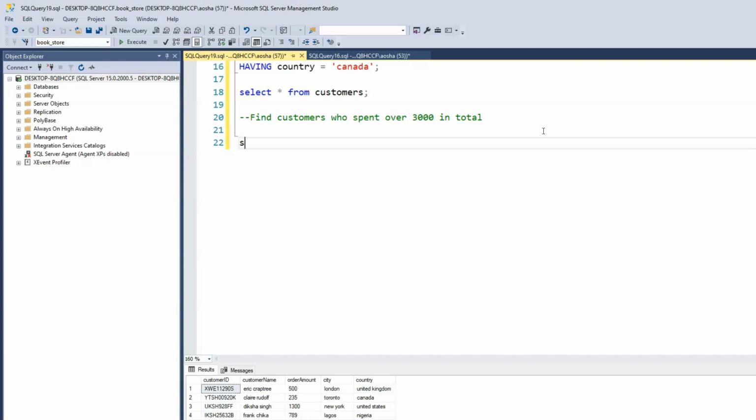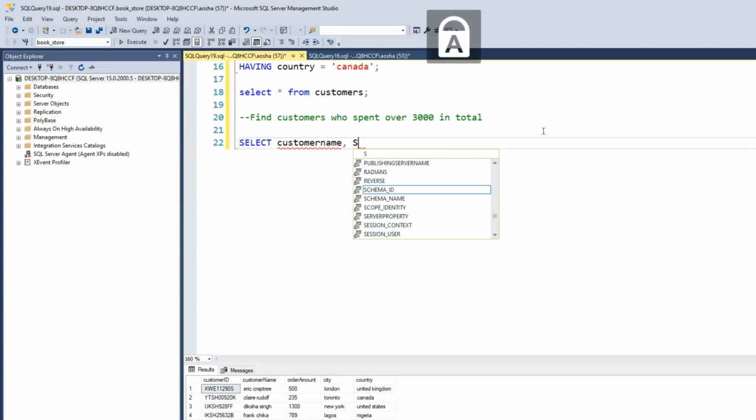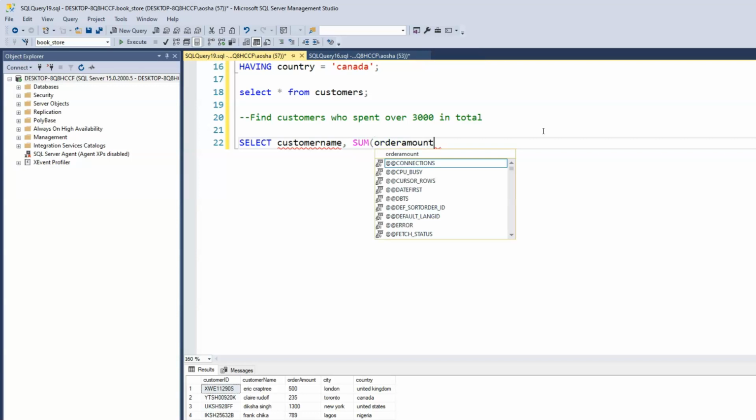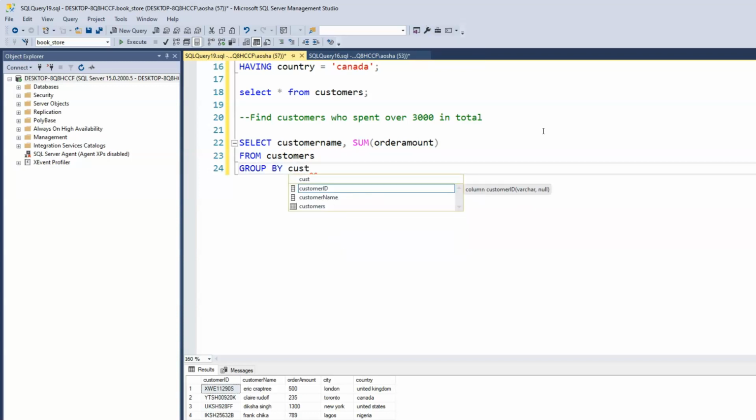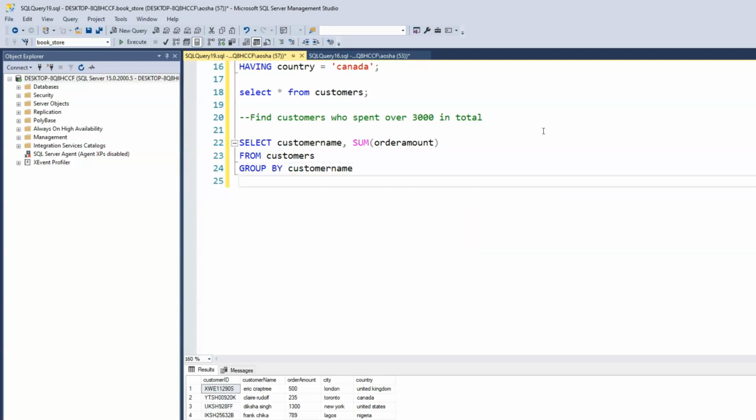So we start with select, and we can start with our customer name. And now we want the sum of order amounts, and then from customers. Now we want to group by customers. Group by customer name. Okay. And now again, if we were to run this,